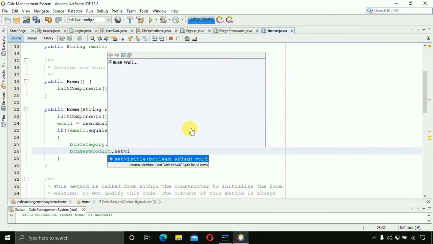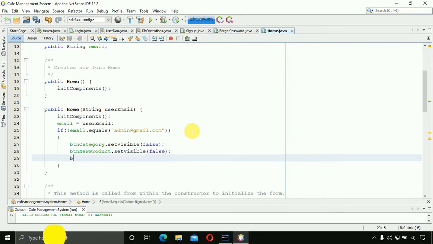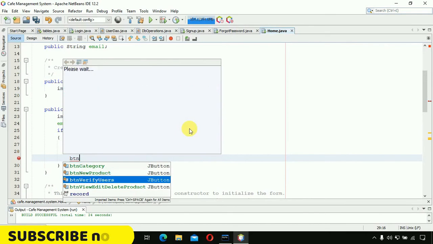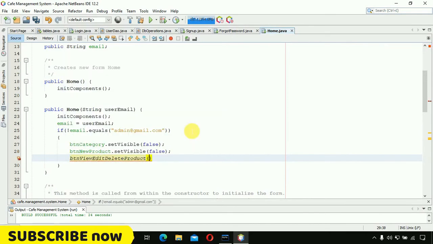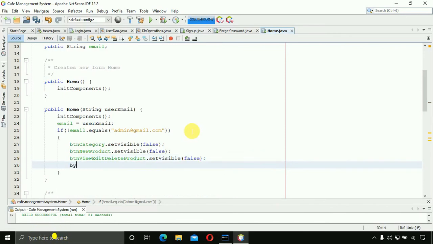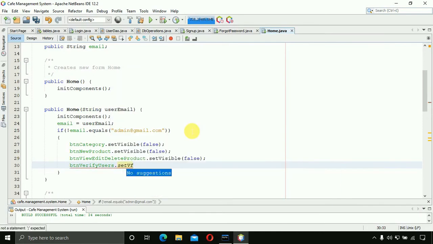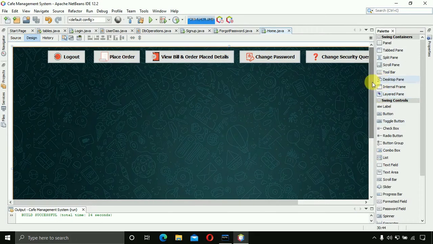Okay, visible, it should be visible, and here we have to write false. One by one we are going to write button, and this one, okay, button dot set visible, and here we have to write false, and button, and it should be verify user dot set visible, and here we have to write false. Okay, visible false. Okay, and after the if condition we have to write some code for this logout page,